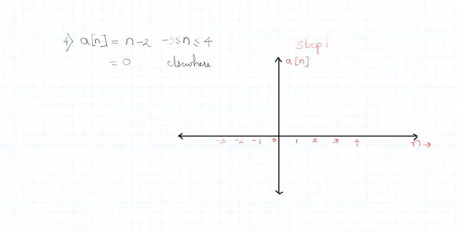This time I have called the signal a of n, right? So, how is the signal equation? The signal equation is n minus 2, and it extends from -3 to 4, and it is 0 elsewhere. So, we quickly understand here that the signal is present from a time period of -3 to 4. So, the very first step would be to draw the x and y axis, write the name of the signals a n and n, right, and then start to plot it with that mention the time period.